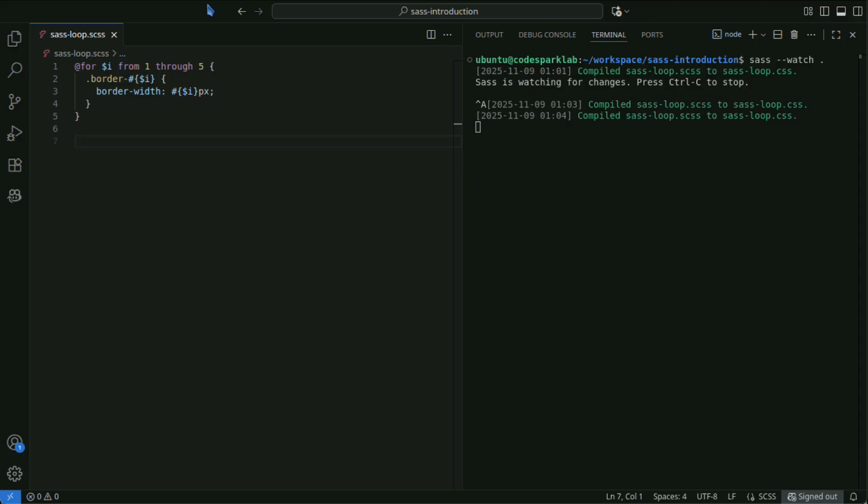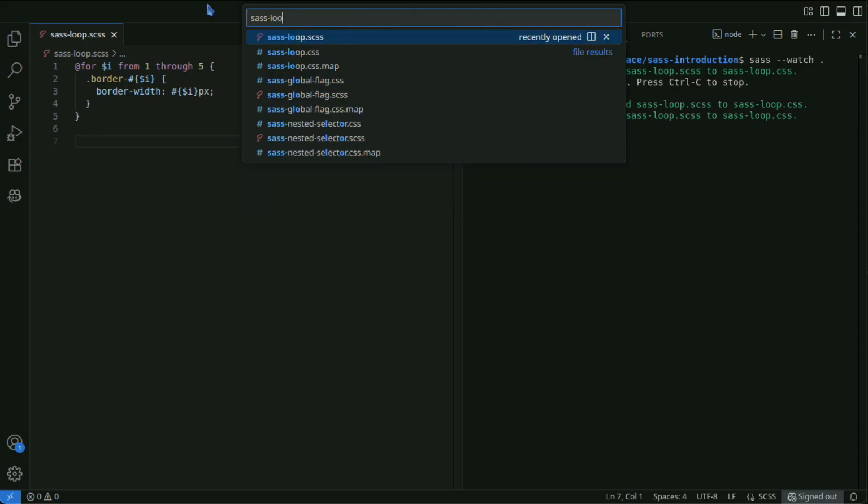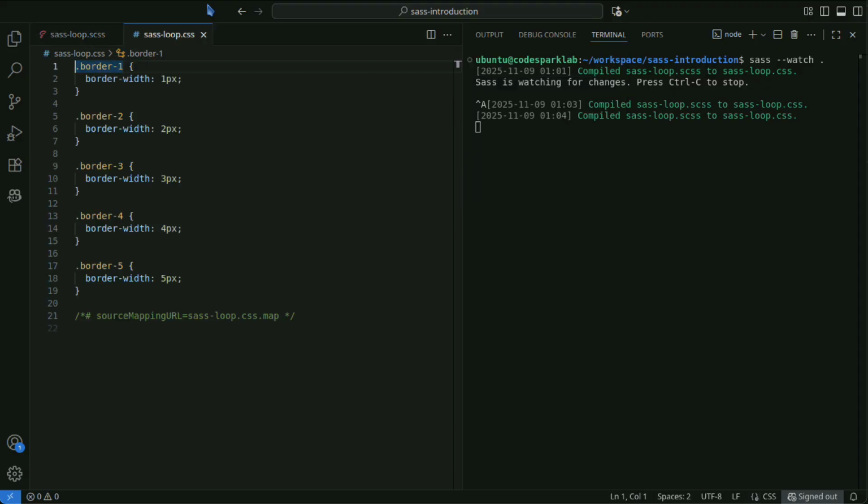The @for directive is used here to loop from 1 to 5. When you compile the SAS file to CSS, each class is automatically generated as shown. Classes from border 1 to border 5 will be generated sequentially, with each border increasing by 1 px in thickness.